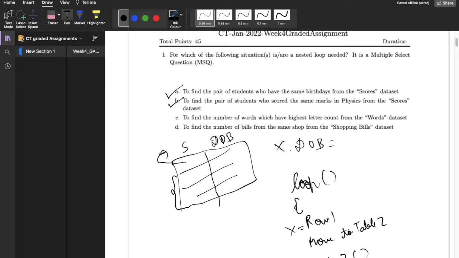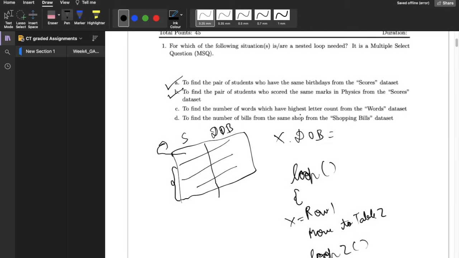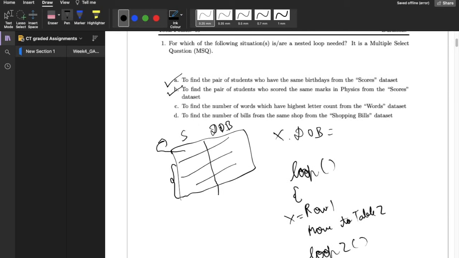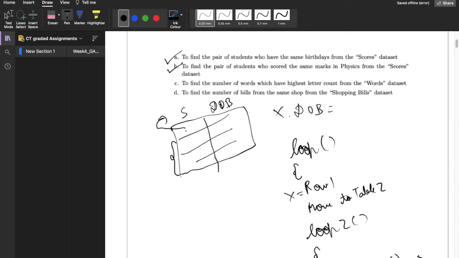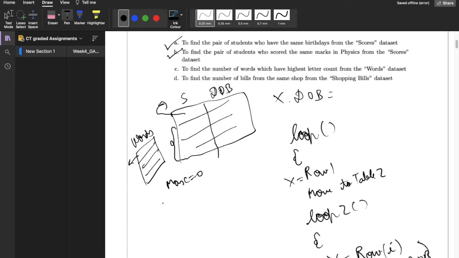To find the number of words which have the highest letter count from the words dataset. Let's see how we can solve it without using a nested loop. As you know, we can solve it with a nested loop, but let's see. For example, if we have this table containing all the words, this is the dataset of words, we pick one word from it. For example, we set the value of max equal to 0. We pick a word from the words dataset